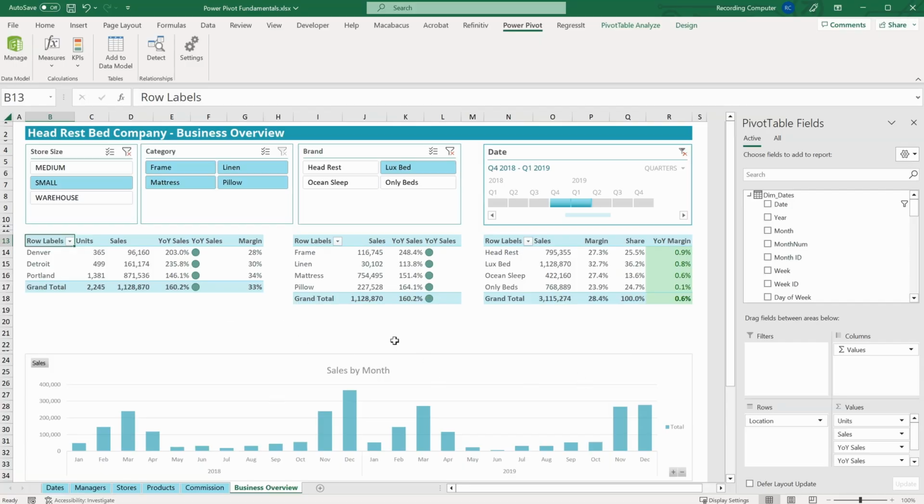If we close out of this view and head back into our dashboard, we can see what this looks like from our pivot table fields list. If I collapse down these tables, we see that we have multiple tables of data that we have columns and fields from that we can drag into our pivot tables. We don't need just to use